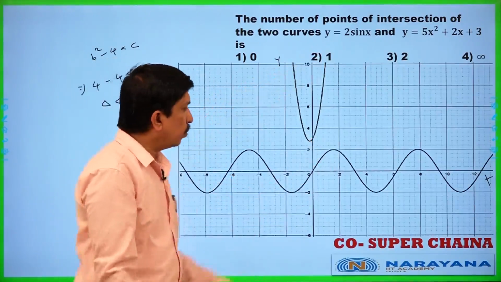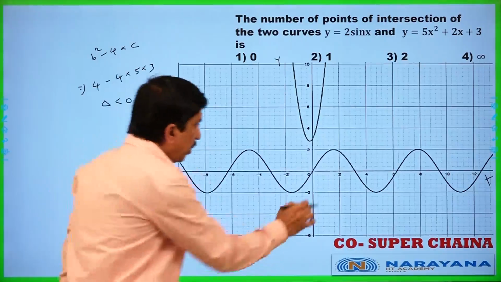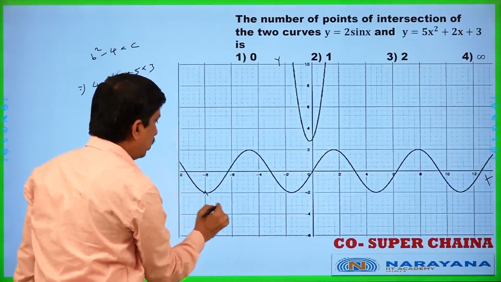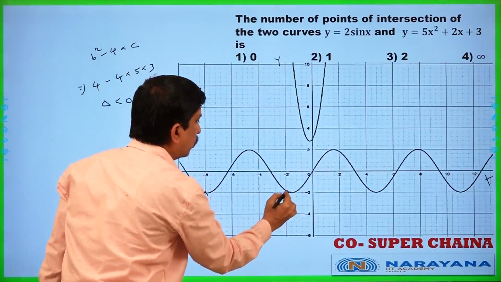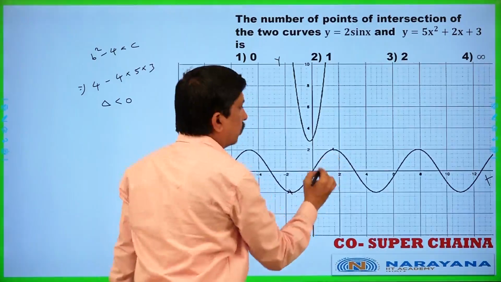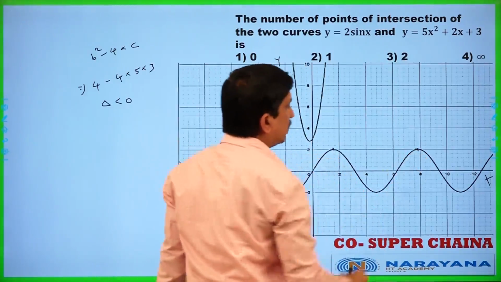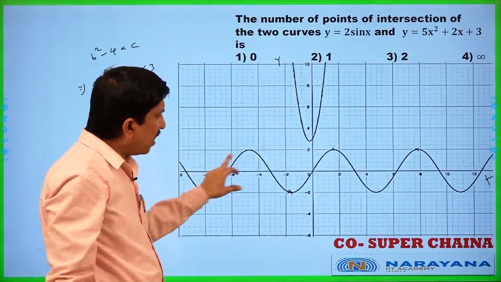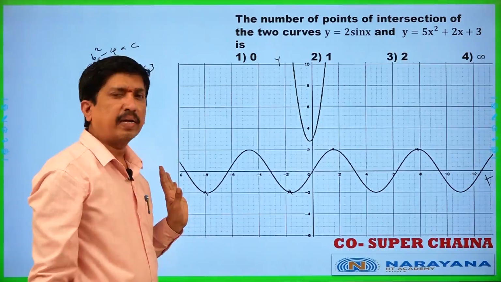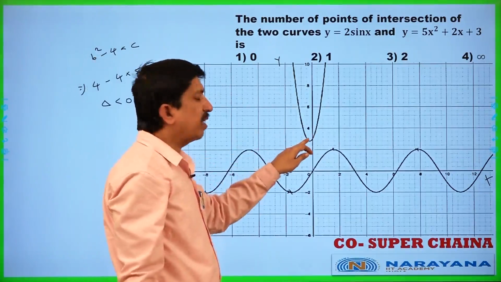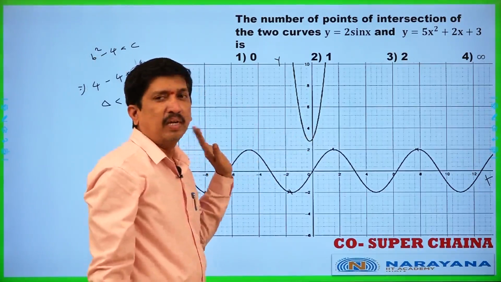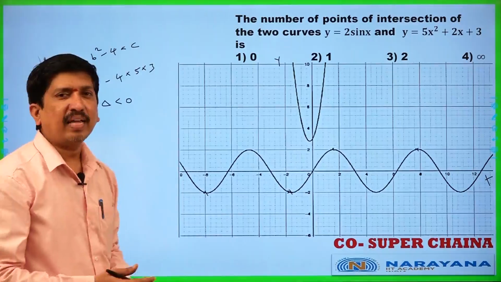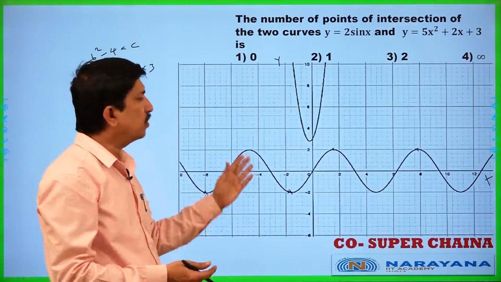Now, here y equal to 2 sin x means you see the maximum value. Here 2, here 2, here minus 2, here minus 2, is it clear? Approximately we are taking that one. So, this is nothing but the maximum value 2 only we are getting, but here the other graph is cutting at 2.8 or something like that. So, one graph is away from the other graph, which means there are no intersections of these two graphs.